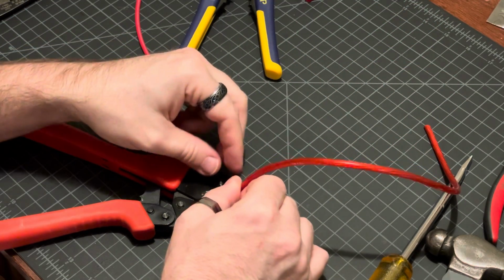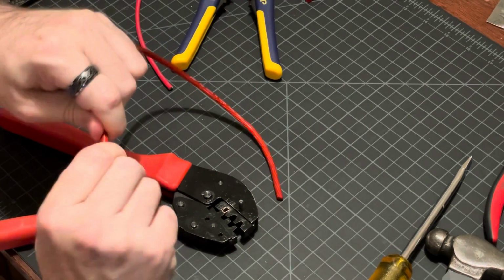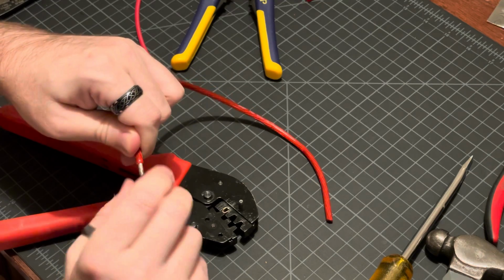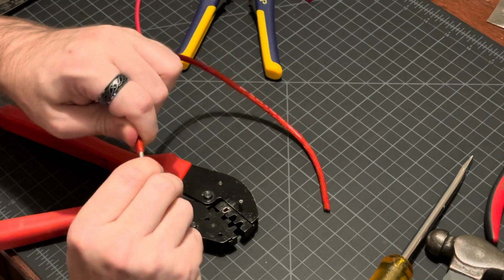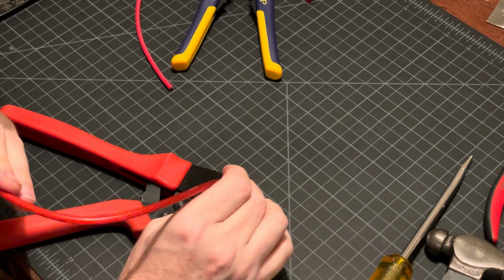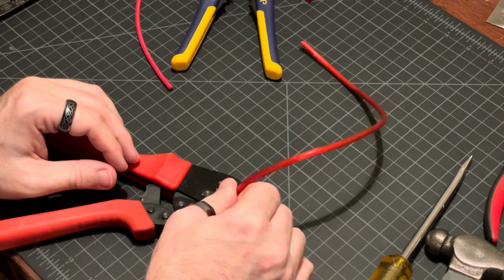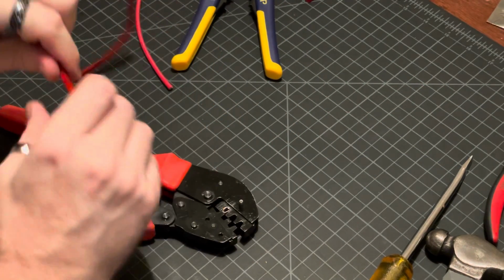Ooh, yeah, that one is really thick. This is where a 12 gauge wire might be more appropriate, but we'll keep trying. I'm really trying to get that down to a thinner point, you might say. Yeah, that may not work in there. That is very thick. All right, before I mangle this,